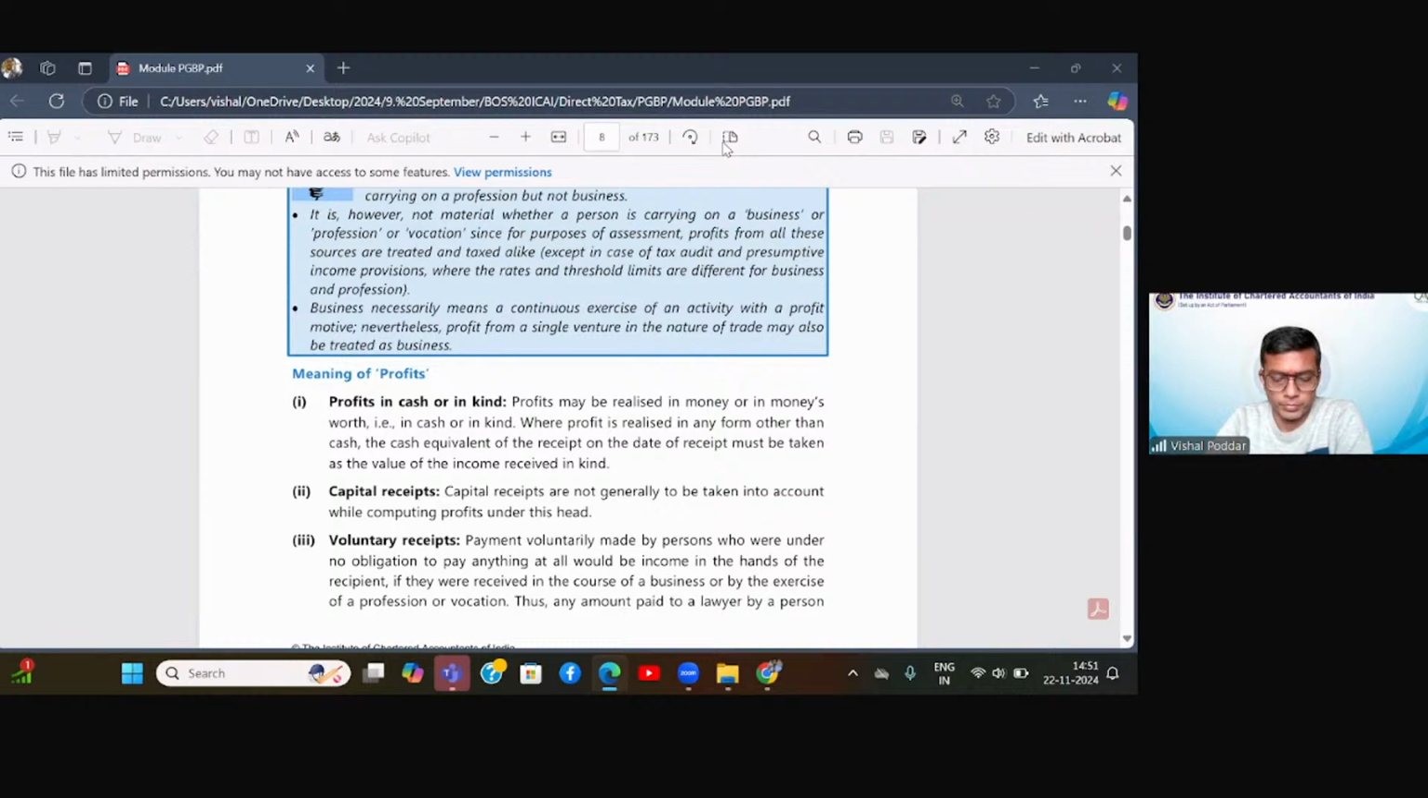Okay, sir. And sir, if in an example it is given that the salary is not recorded, and in the second example the salary is omitted,